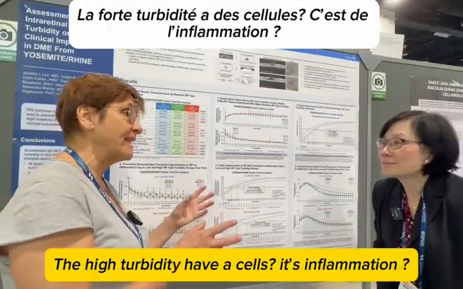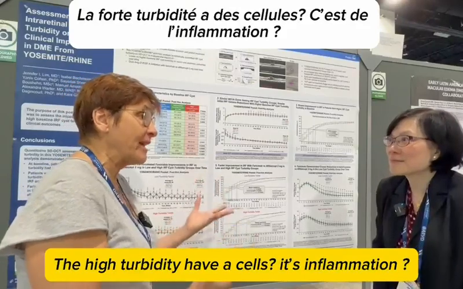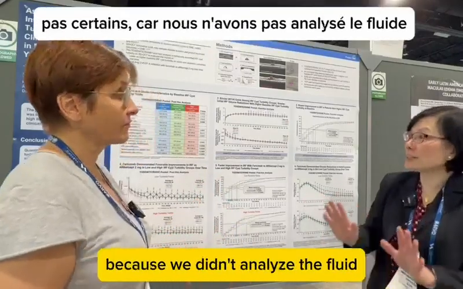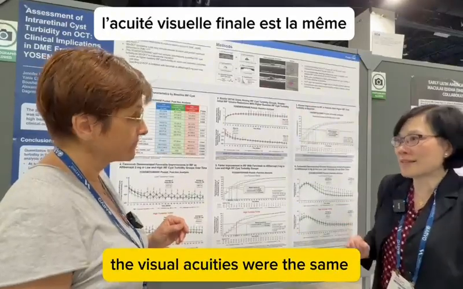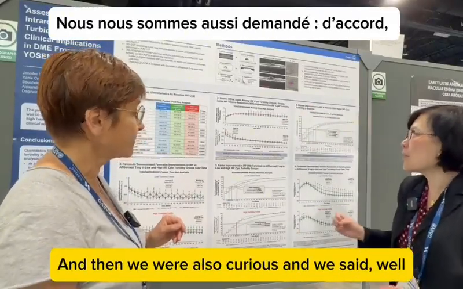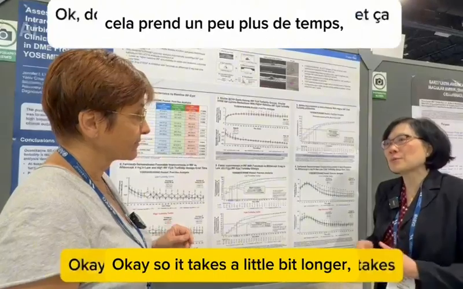So in the high turbidity you have cells, is inflammation. We think. We don't really know because we didn't analyze the fluid, right? But interestingly enough, the visual acuities were the same. Yes. And then we were also curious, and we said, well, okay, so it takes a little bit longer, but